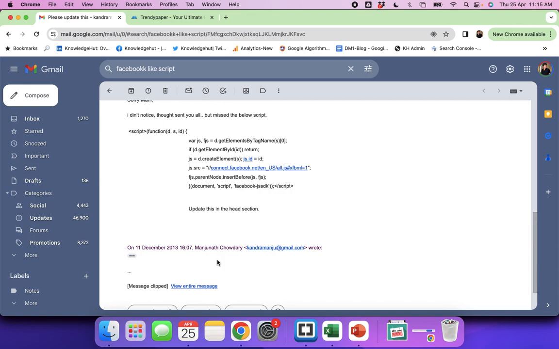Okay, so you have to update the script in the head section. Update this embed code in the head section of your web pages.